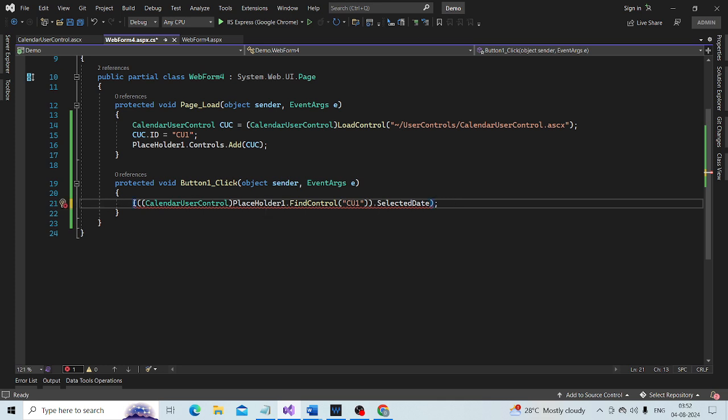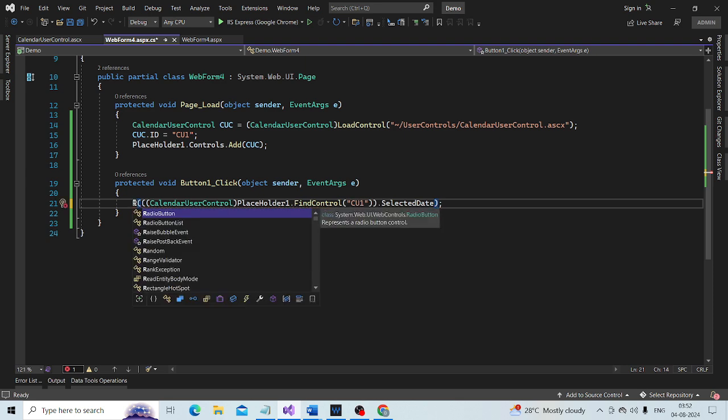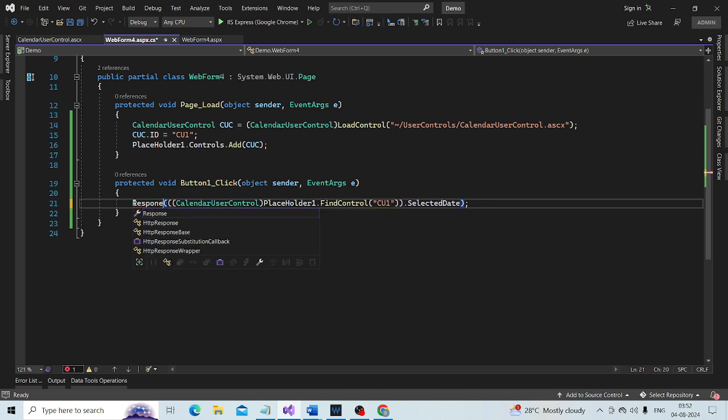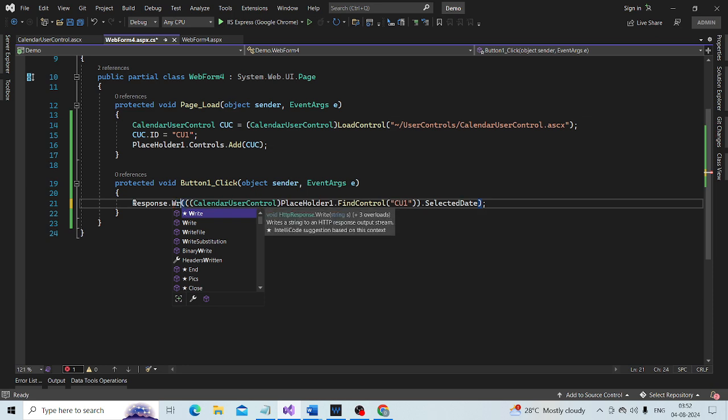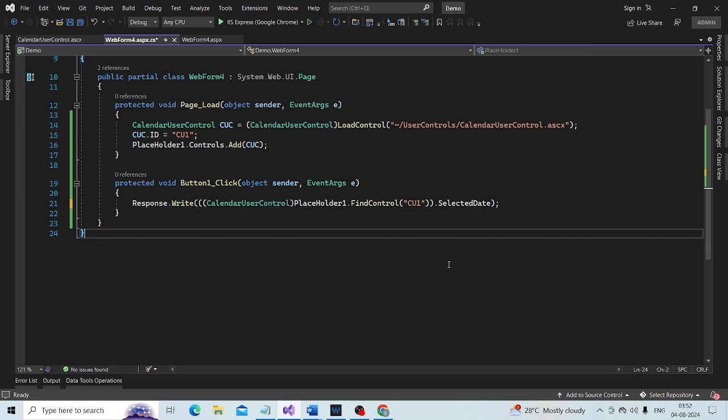So Response.Write whatever date the user has selected in the calendar, we are retrieving that and printing it.